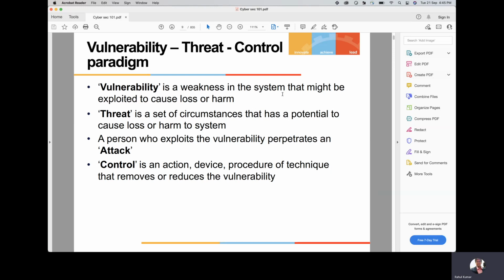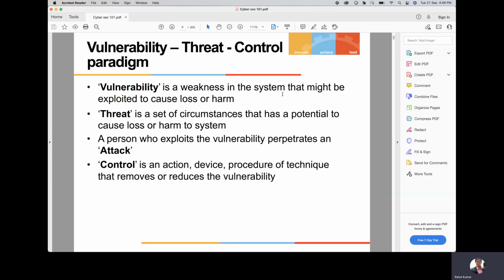Let's talk about our borders with our neighboring country, Pakistan. It's a very porous border, and the border control mechanism is vulnerable to attacks. It's susceptible. It's not a fully foolproof system. So attackers, the armies from Pakistan, can enter right through these borders. That's a vulnerability which is there in our border management system.